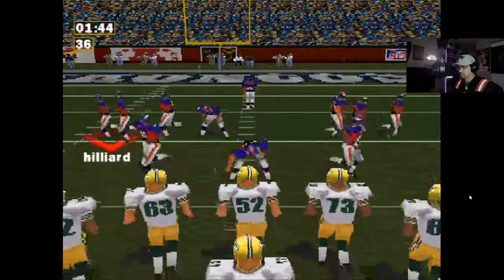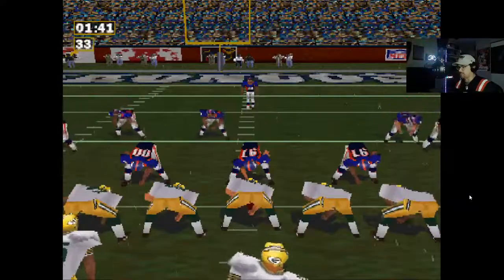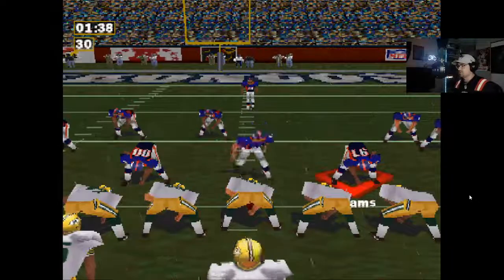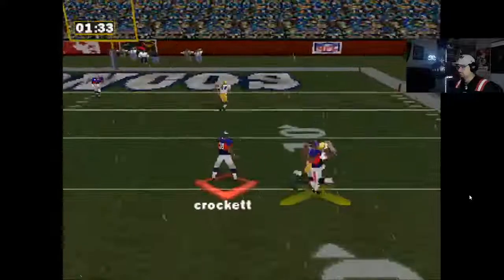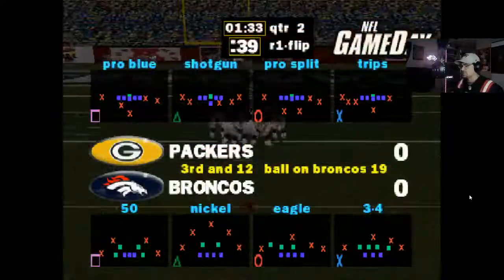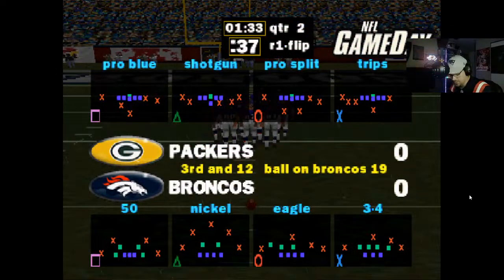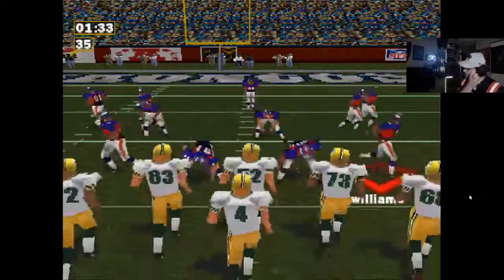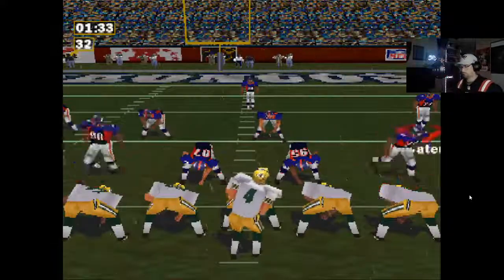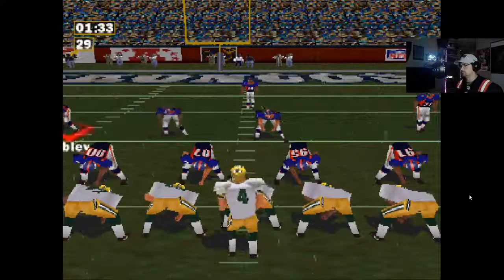Second and long. I might have already. Circle changes who you are. Incomplete pass. Nice job. All right, we're gonna try Eagle here. Let's try the shift. Third and long.